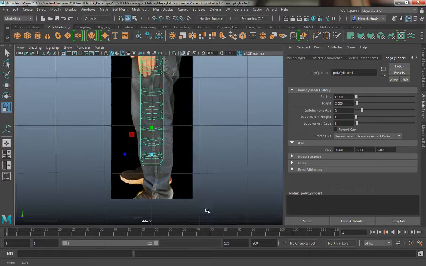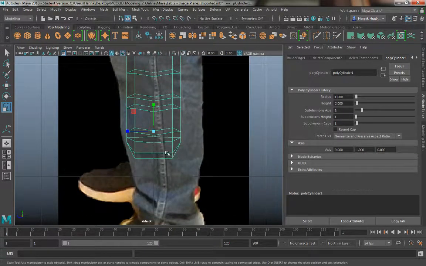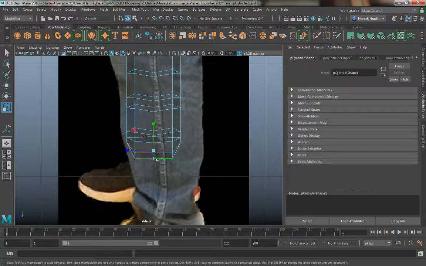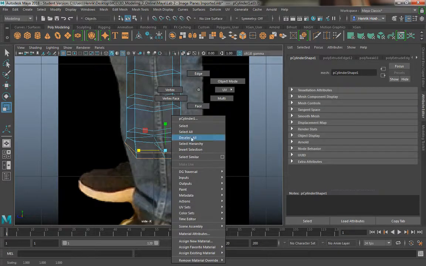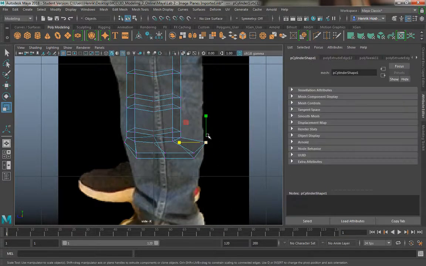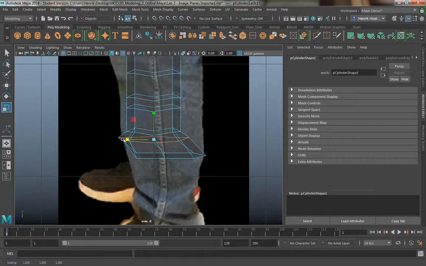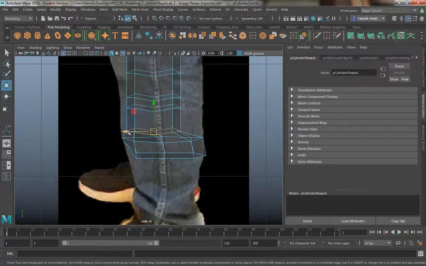So with that being said, I'm going to grab my bottom edge and start to scale this out, and I'm going to have to move this a lot. So I'll do something like that. On my back portion of the leg though, I'm going to bring this one down, because that's where the back foot goes. Again, I'm going to go to this one, and I'm going to scale this to match my reference. And I'm just using scale and move, and I'm double clicking each edge loop as I move all the way